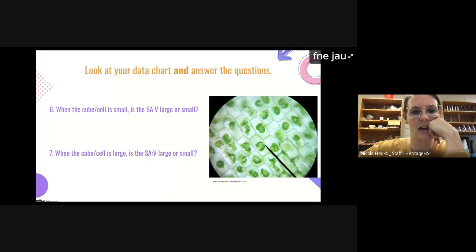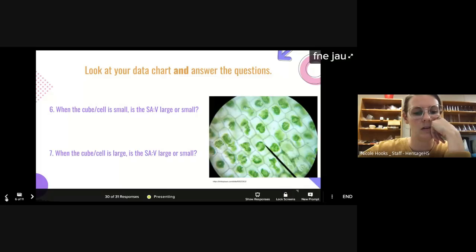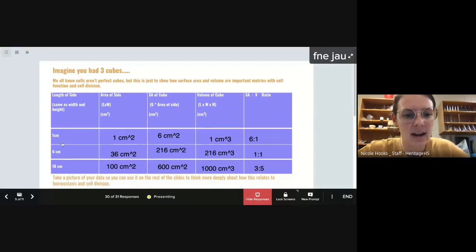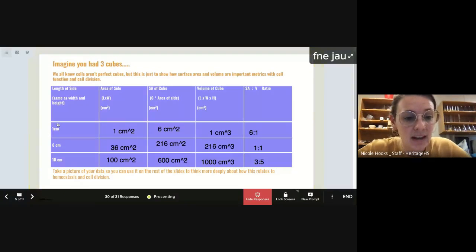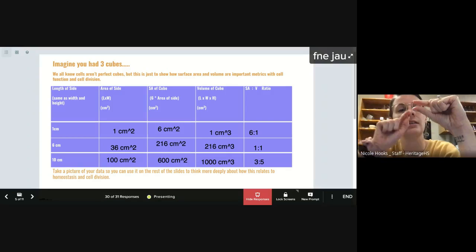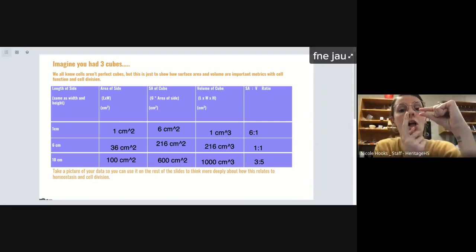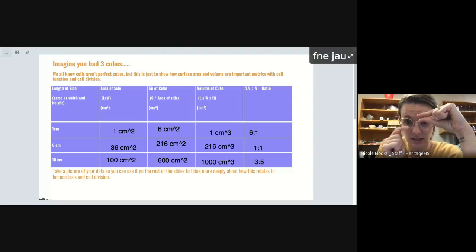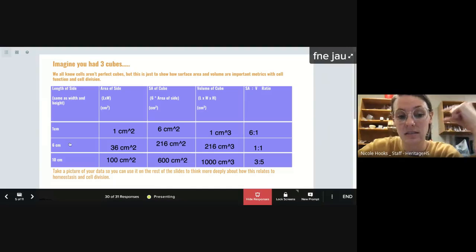Okay, I'm going to go back and show you guys on the chart. So we're looking at a small cube here. It is 1 centimeter by 1 centimeter. It is itty bitty, but its surface area to volume ratio is large because there's a little space in there, but the surface area all around it is a lot of area in comparison to what's actually inside. And then a 6 centimeter cube, which is a little bit bigger,